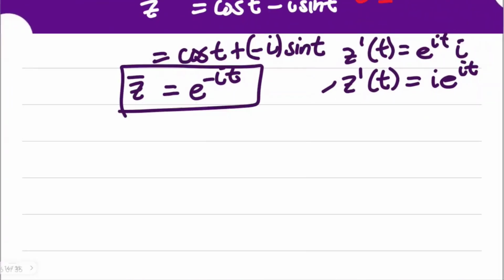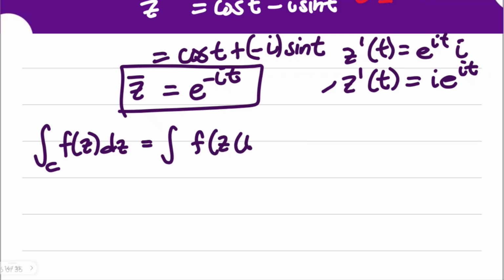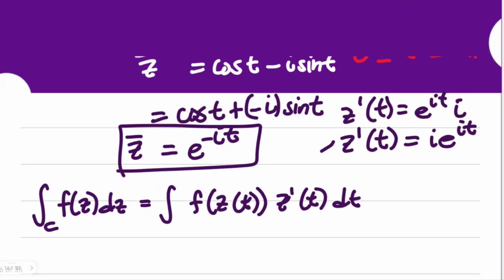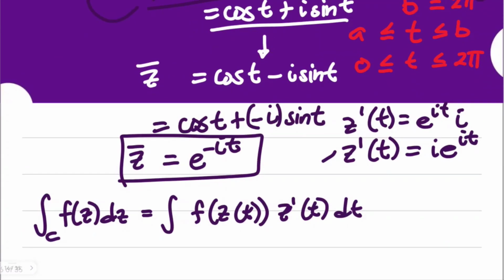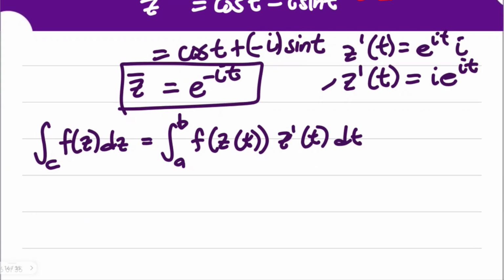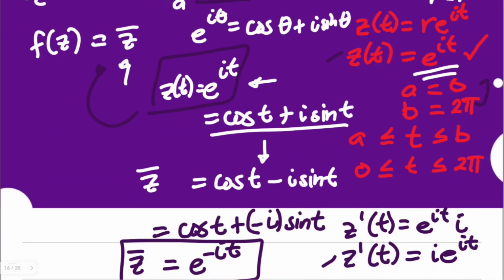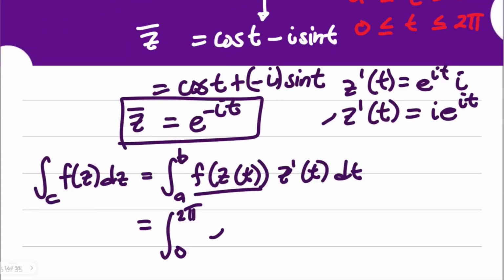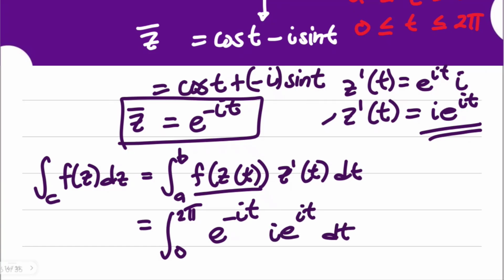So when we return to the integral of f of z dz along the circular path identified earlier, again, that is equivalent to the integral of f of z of t, z prime of t, dt. Of course, the range is 0 to 2 pi as mentioned here. So let's say a and b in the meantime. As we substitute that, 0 to 2 pi, this again is not the positive exponent of e, which is actually e to the power of negative it. The first derivative is this, I e to the power of it dt. So we have that as our form now.